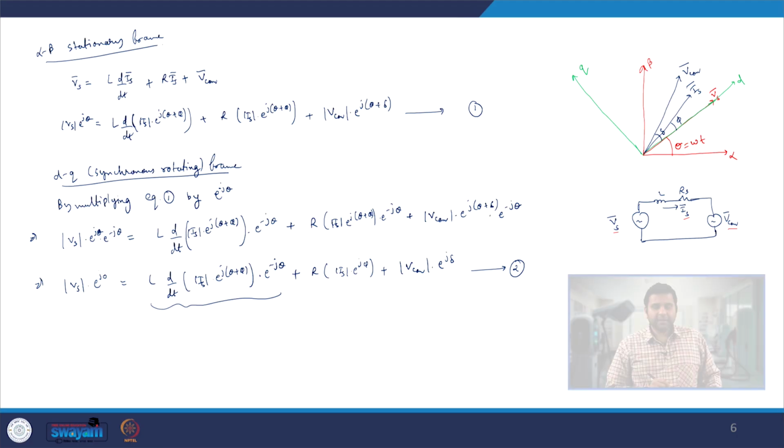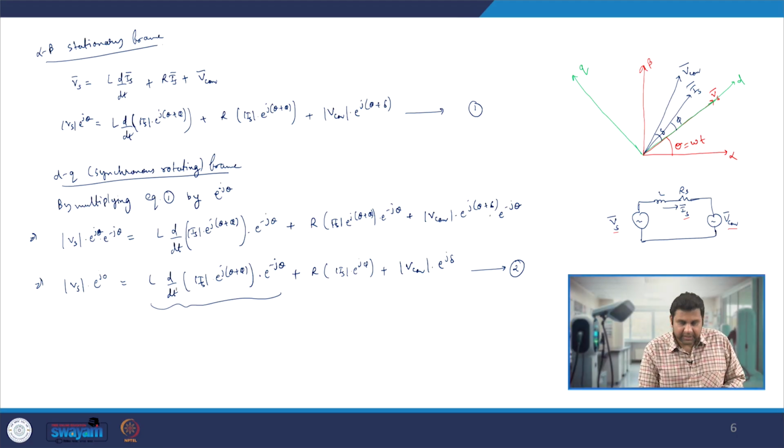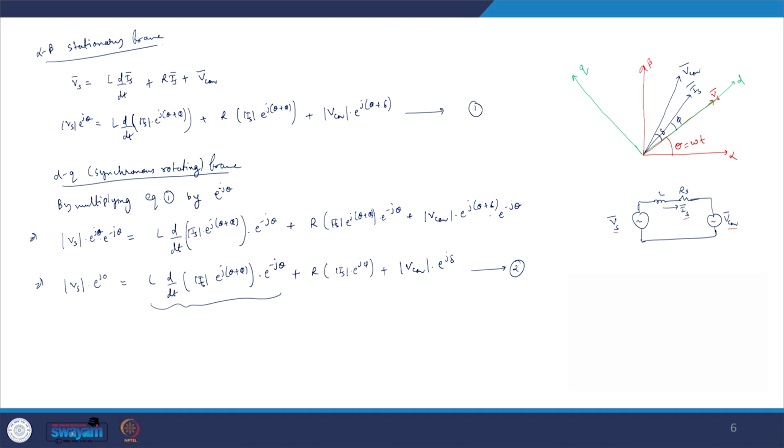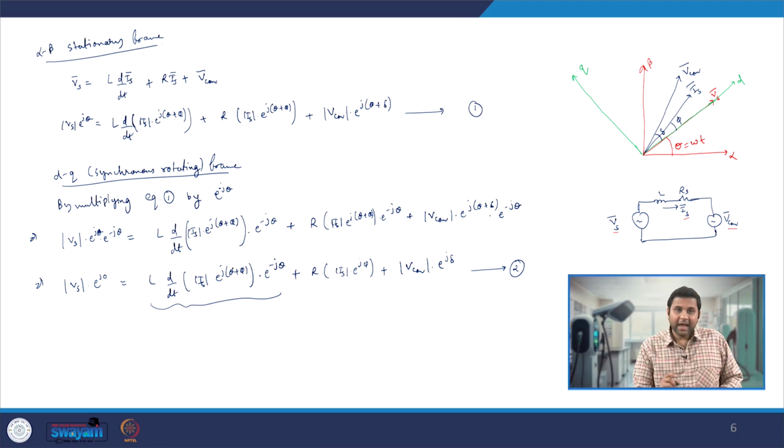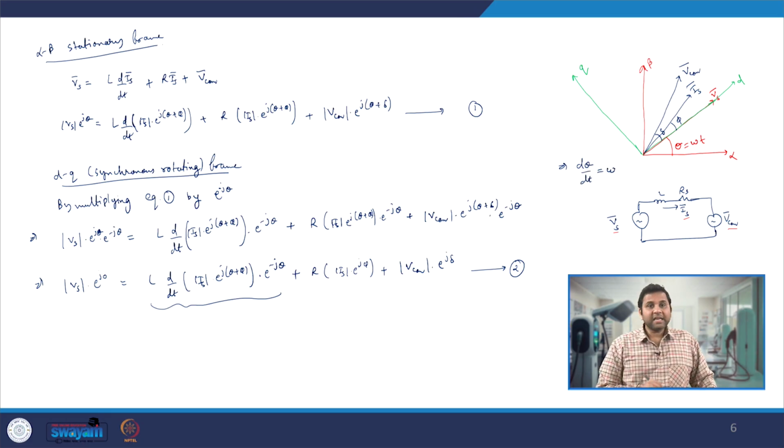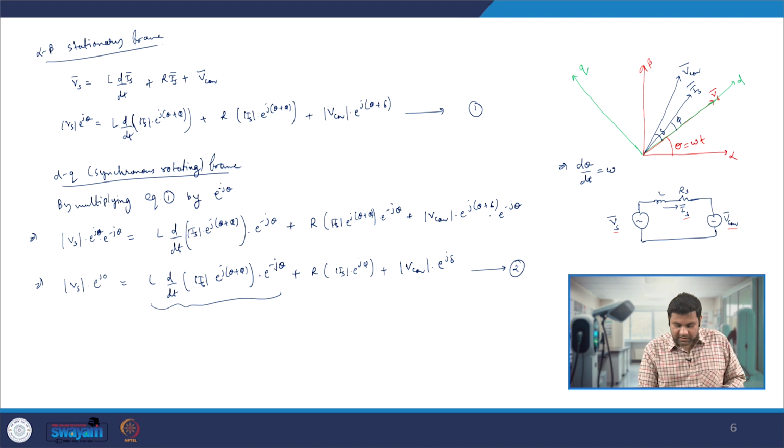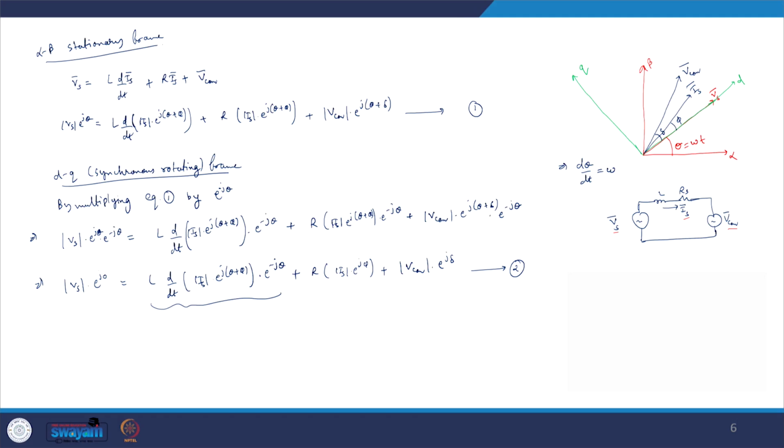And now if you look very carefully in equation number 2, this is the term which has to be further segregated, because this is not inside the d by dt term, this is the term which is actually varying with time. It has the magnitude Is, along with this it has the angle term, and we know that this angle theta changes with time, because we know that our d theta by dt is nothing but omega. So that term will come into picture. So that is why we just cannot take this e power minus j theta inside. So let us represent this term in some other way.